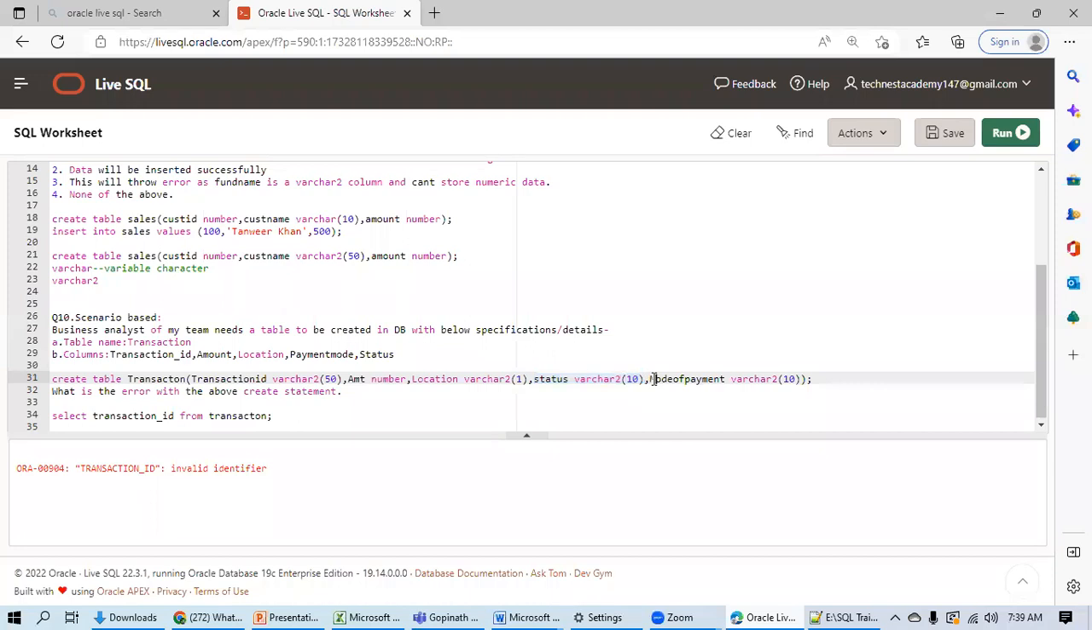Then this one. The column name is different. Here the business analyst told that the column name should be payment mode. Payment mode. And I have written it as mode of payment. Although they both make the same sense for the business use case, you